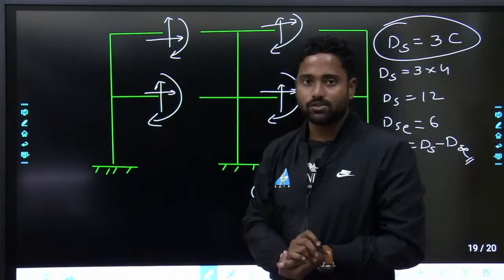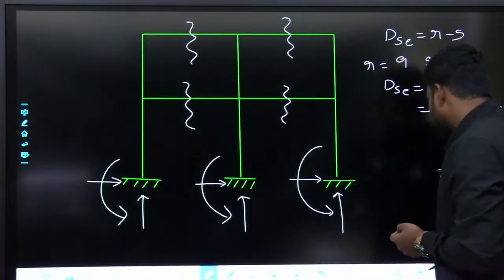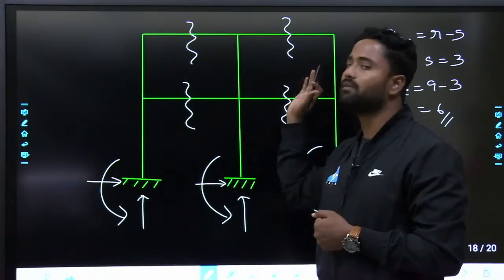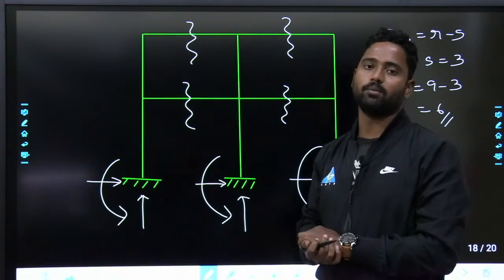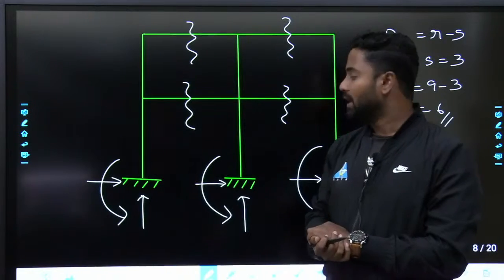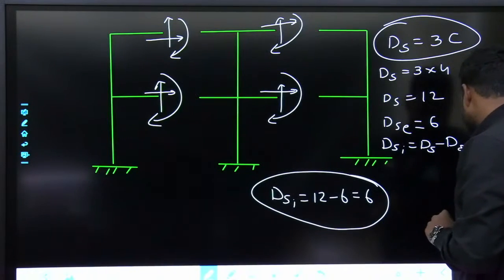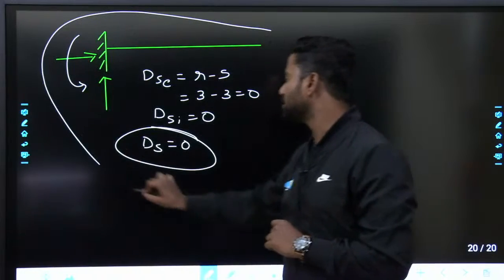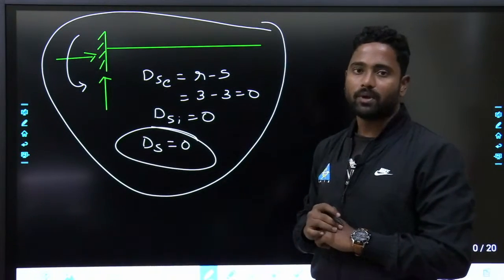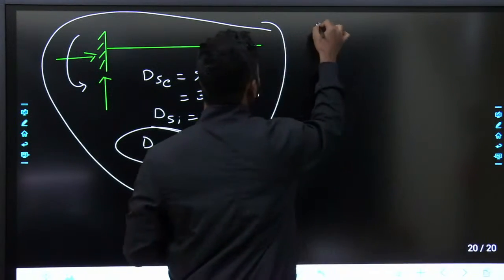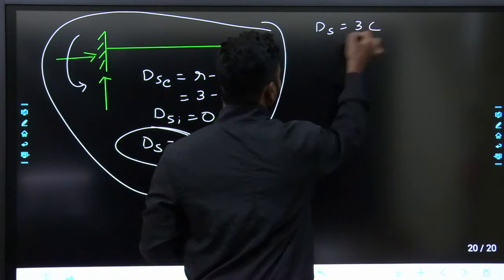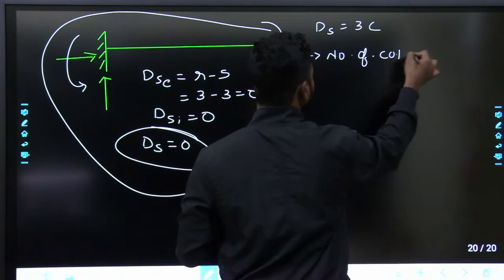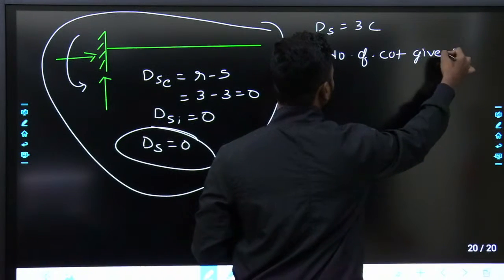The number of cuts to be given is such that each and every part after cutting will behave like a stable cantilever. Why? Because a cantilever is a stable structure. So whenever I say DS is equal to 3c, c is the number of cuts given to the frame,